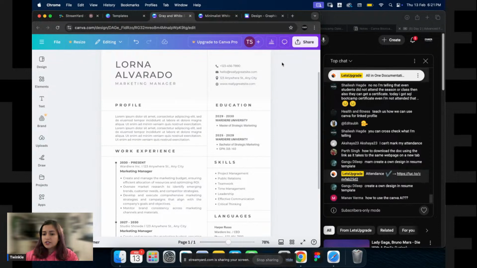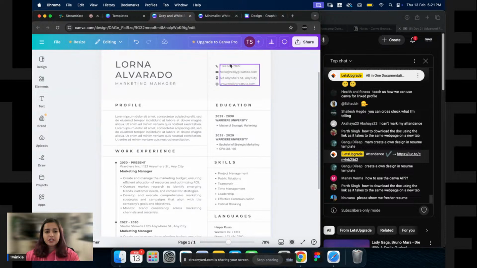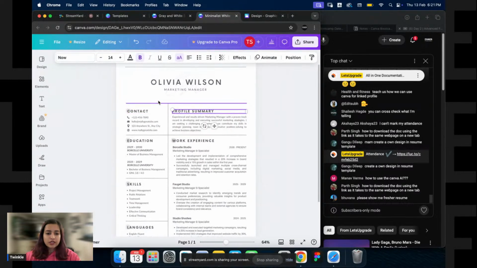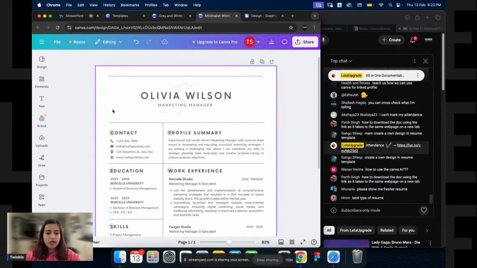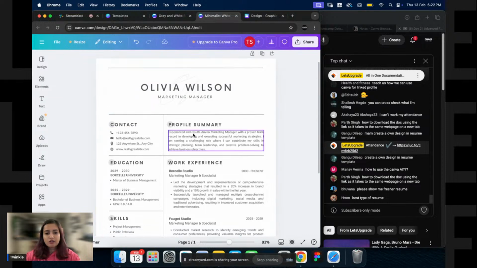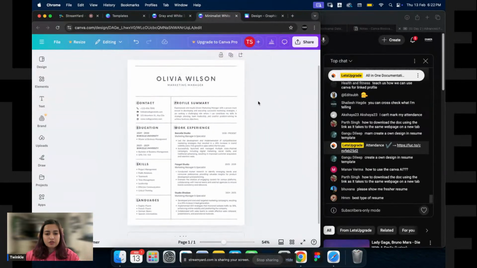Create own design in resume template. Yeah, you can definitely do that. But resumes are pretty simple to make, so I think we don't really need to invest a lot of time in this. But the one thing that you need to keep in mind while designing your resume is that the information has to be very crisp. Another thing that I would have changed in this design is